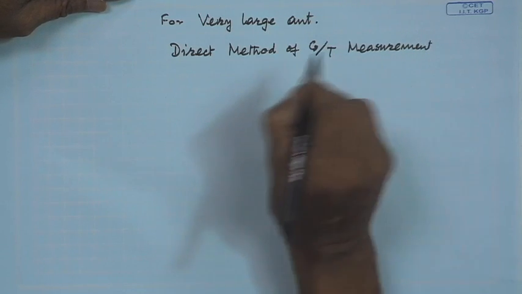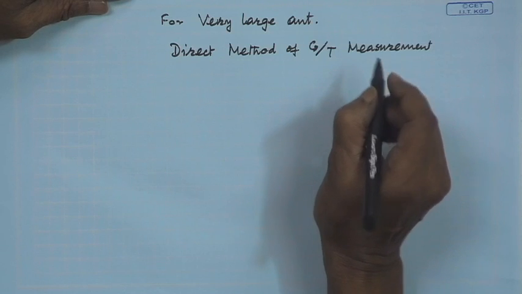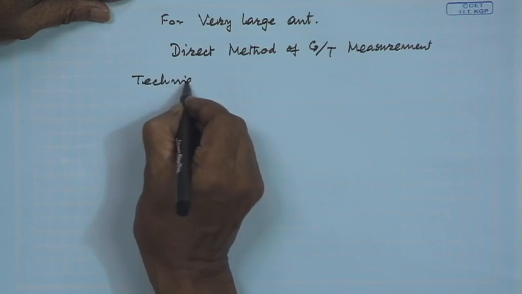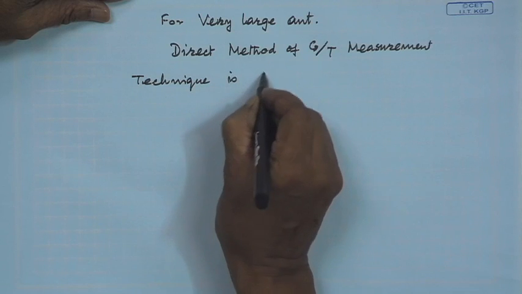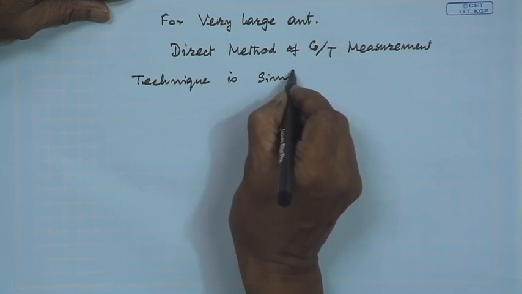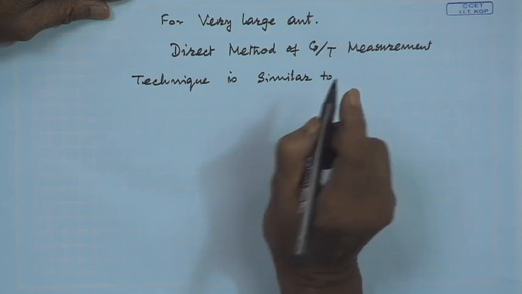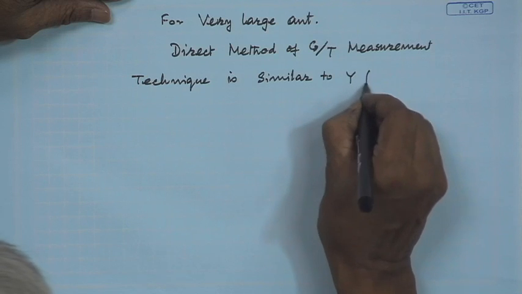That technique is similar to, since the temperature is there, if you remember the noise temperature measurement, we have told you that there is a method which is called the Y factor method. So, it is similar to the Y factor